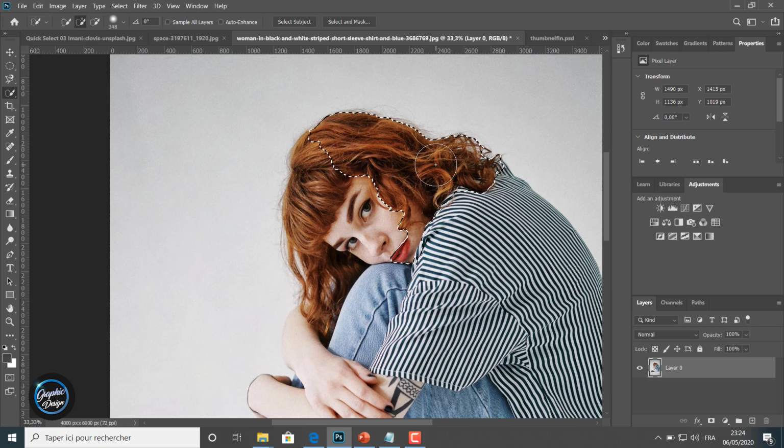We first select the hair of the girl. We try to select all the parts and not ignore any part of the image we want to select. Like you can see, we select all the parts of the hair. We go a little further. We select the body now. We continue selecting the body. Like you can see,